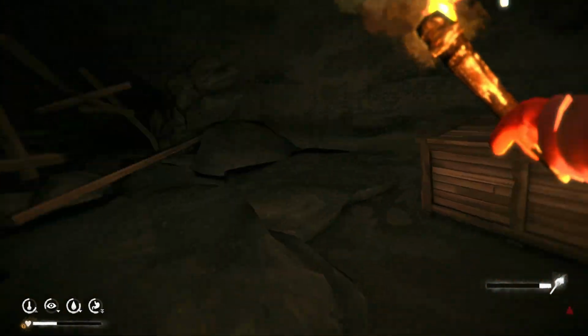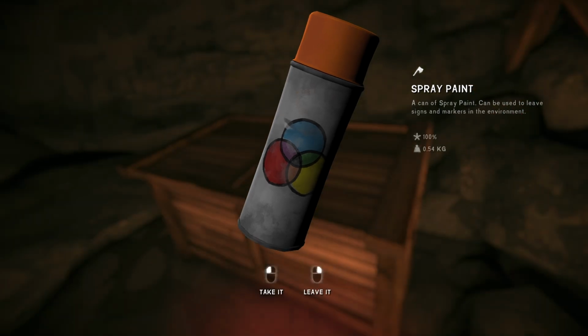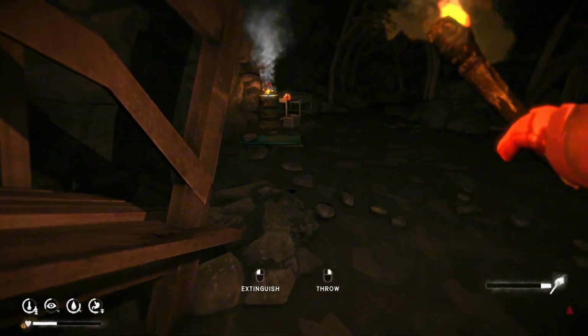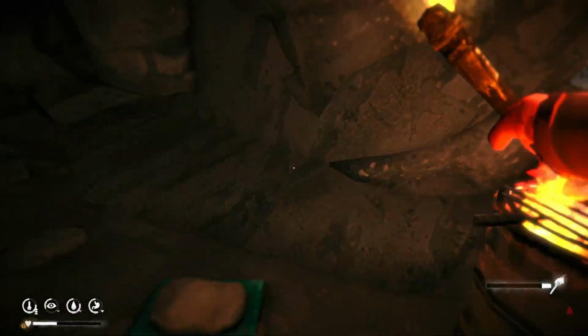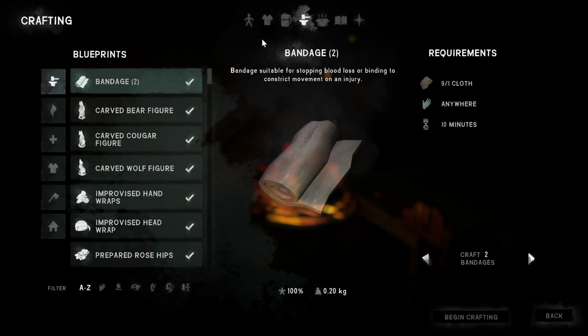Alright, there's usually some loot over here. Usually just more firewood or coal. Spray paint. I don't really want that. Cloth. Okay, that's fine. Good enough. Probably repair some more of our clothing. Alright, so that's basically it for loot. Now, I'm going to take a minute and prep some...